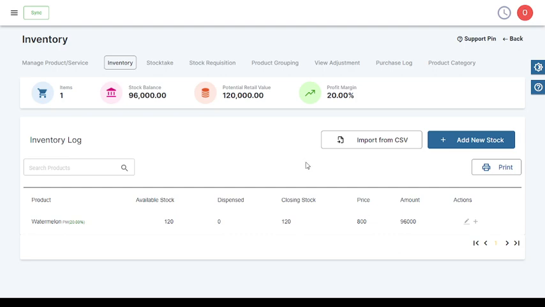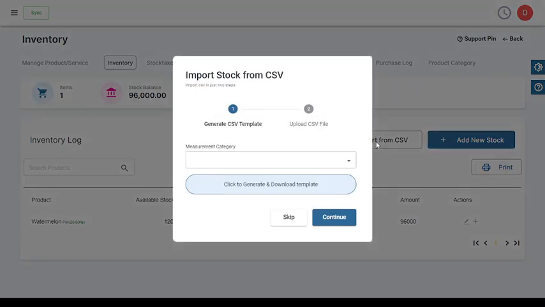Another thing we can do: in case you have 5,000 items that you want to create inventory or stock for, will you have to be doing this one by one? I think that is going to be very, very exhausting. So we have this beautiful feature that you can use to bring in thousands of stock in a few minutes without breaking a sweat. So you click this, then